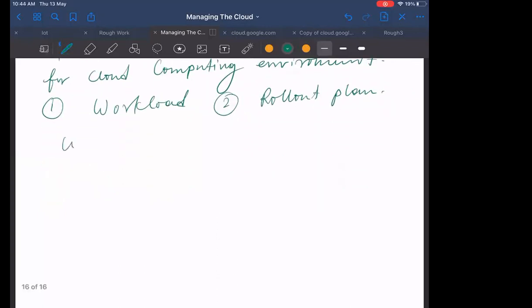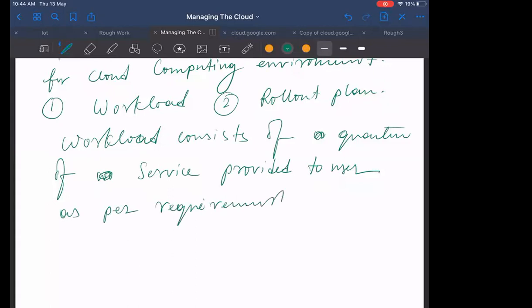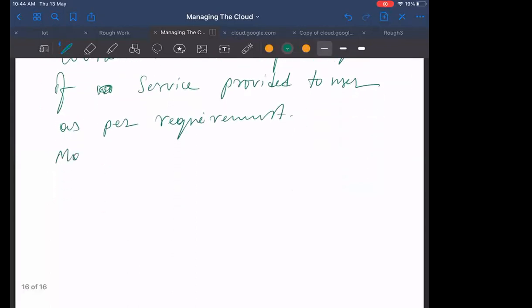So basically, the workload consists of the quantum of services provided to the user as per requirement. Main key issues in workload are